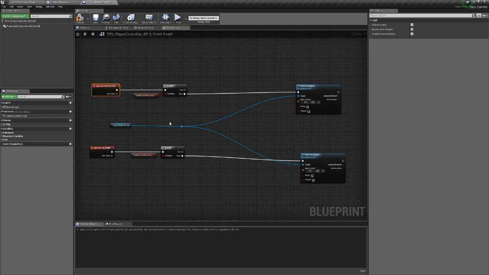We need to come off of these and take them and somehow convert them into a location. So what we need to think about, you can either think moving forward, how do you turn a float into a location or a vector? Or how do you turn a vector back into a